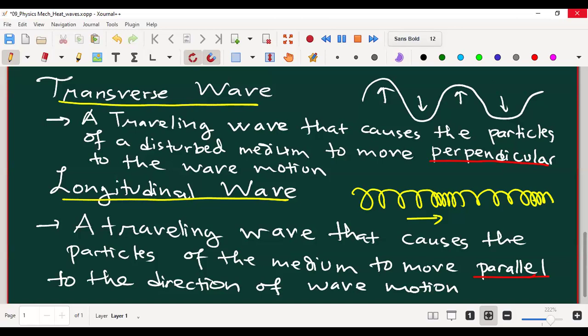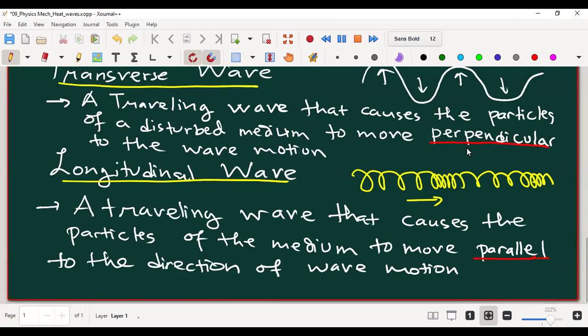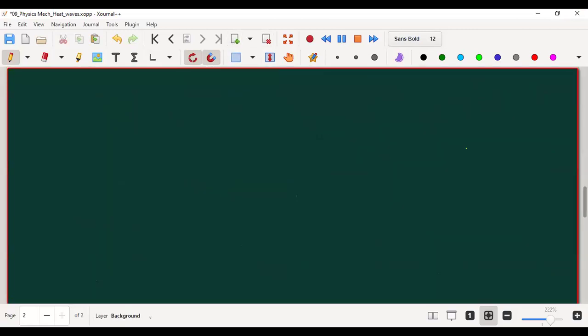Okay. Then we will try to understand transverse and longitudinal waves. So we'll try to define the equation of motion for a wave. Start from y, which is a function of x and time. This is a sinusoidal function.